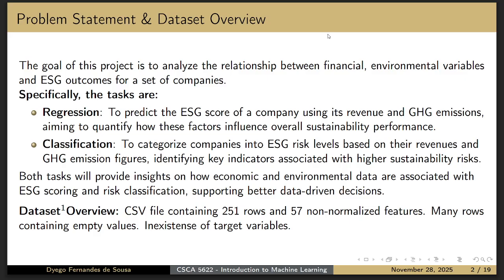ESG stands for Environmental, Social, and Governance. And this is a score of, quote unquote, how green a company is, if you will. And it's pretty much, in my case here, based on the carbon footprint of the company. Second task is a classification one where we are trying to bucket a company into a particular category of risk or ESG risk. As an overview of the dataset, it contains 251 rows and 57 columns, and